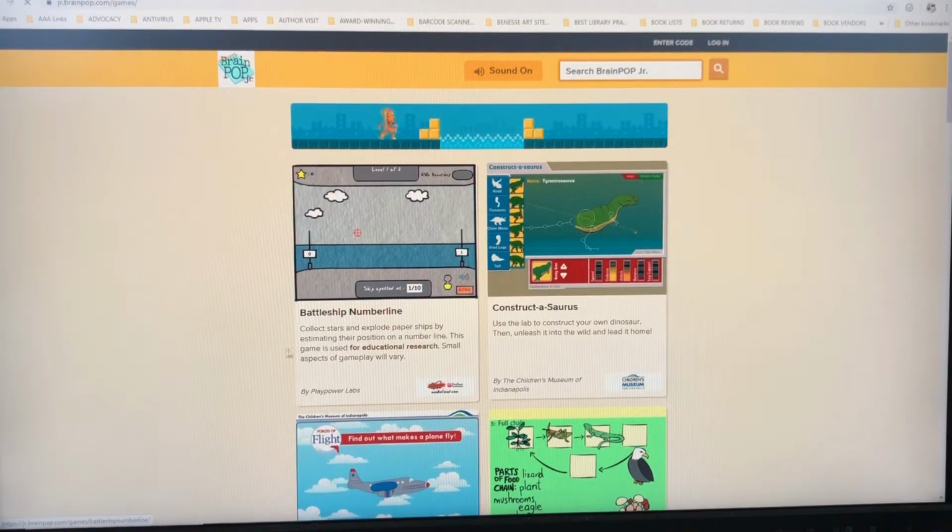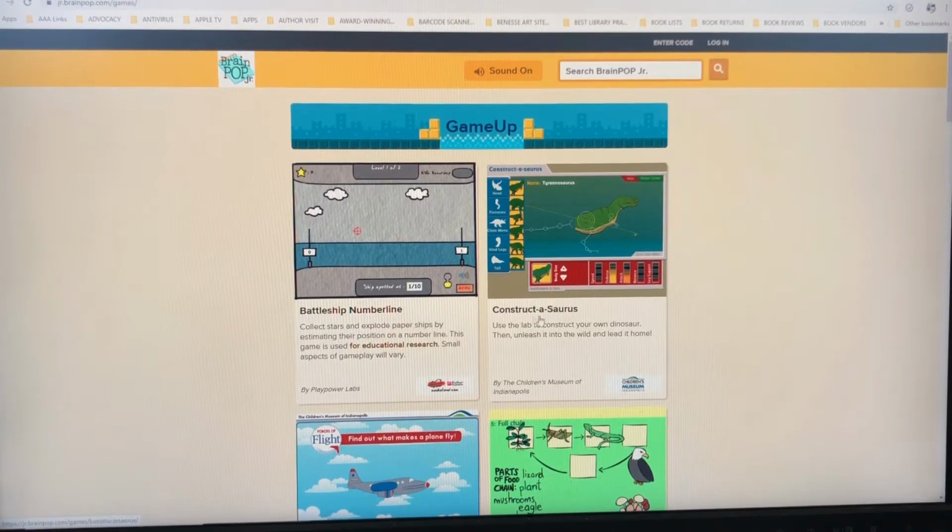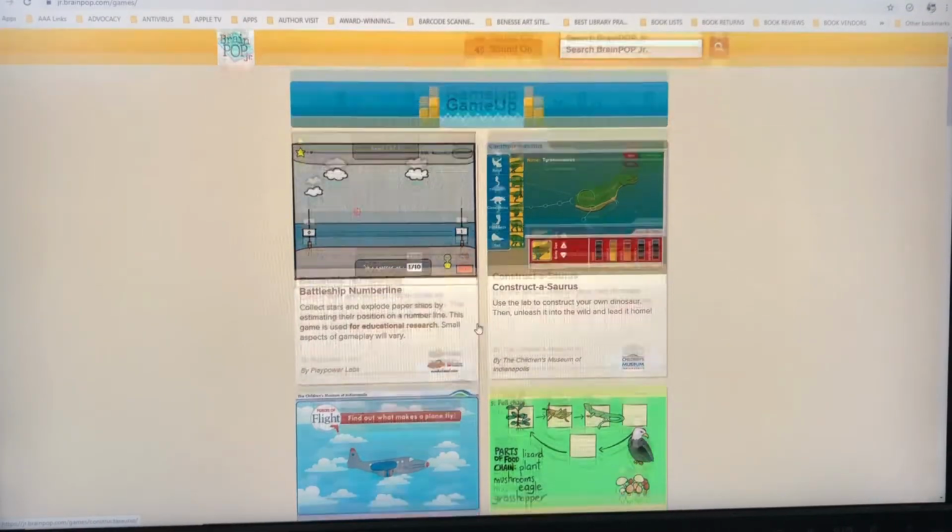Okay, so we have games such as Battleship Number Line, where you learn about estimating positions on a number line, Constructosaurus, where you're creating a dinosaur, but you need to really understand the anatomy of a dinosaur to know how to put him together so he actually functions.